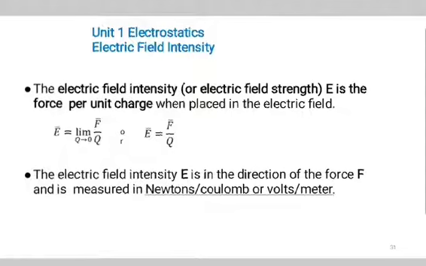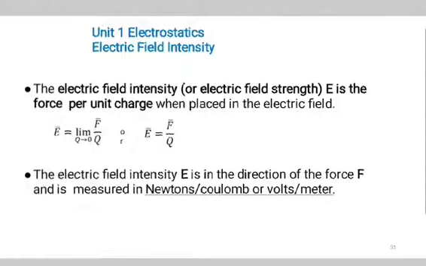So the total lines of force produced by any positive charge is called its electric flux, and it is measured in coulomb. Every source always has an intensity, and therefore the positive charge, being the source of an electric field, also has an electric field intensity. The electric field intensity can be measured by placing a test charge within the electric field. Whatever force is experienced by a test charge is the electric field intensity at that position.